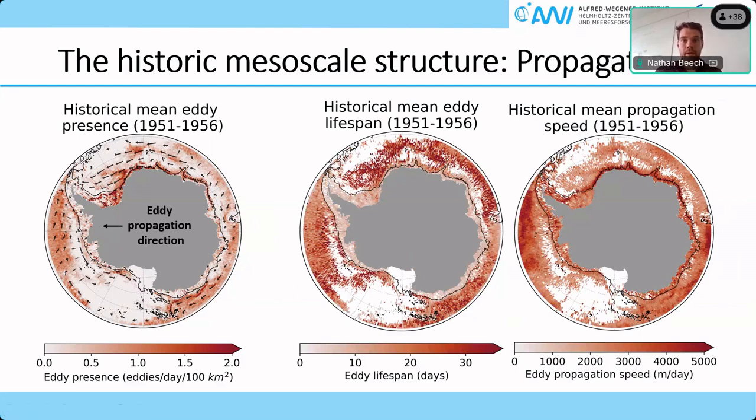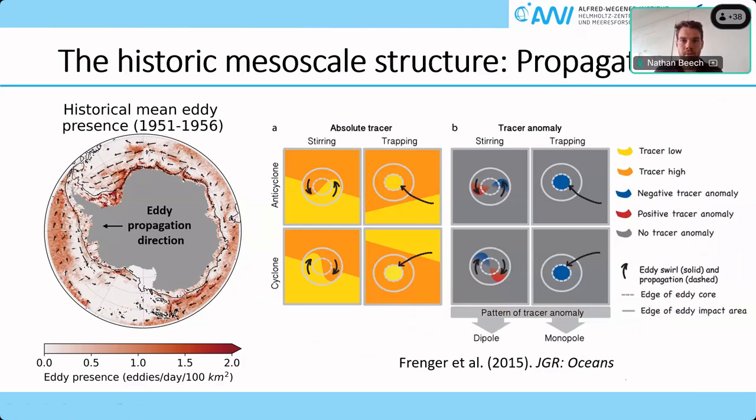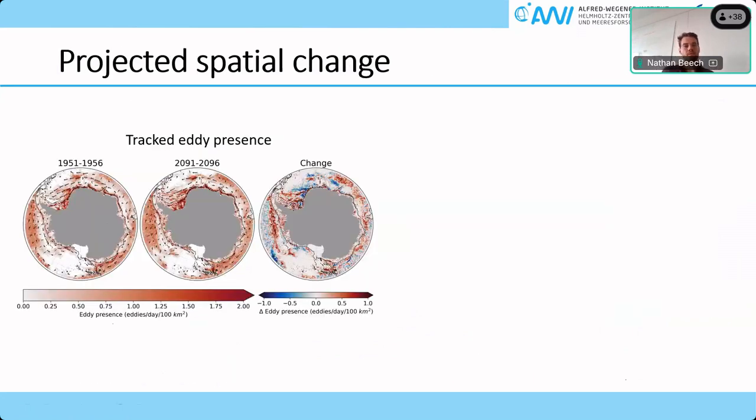That I think will come up a little bit later, but before that, let's look at the projected impacts of climate change. So here I have the change in tracked eddy presence between the two periods. You can tell that these changes are pretty complex and pretty distinct in different regions, and I think that makes sense given that this is a very